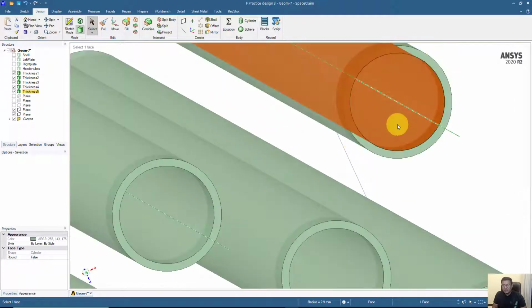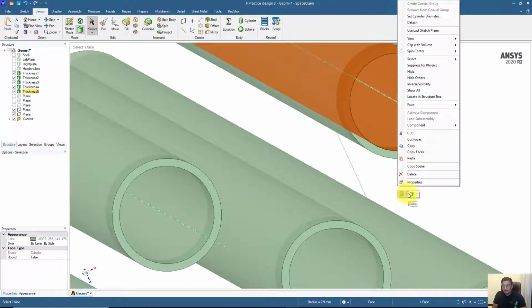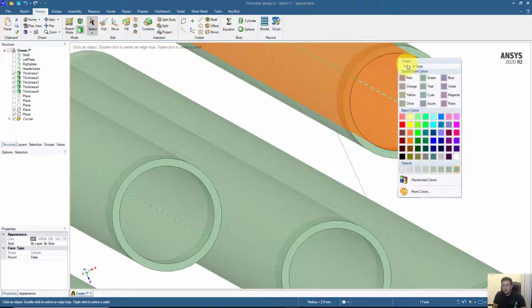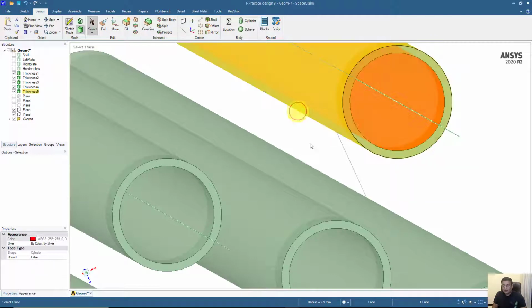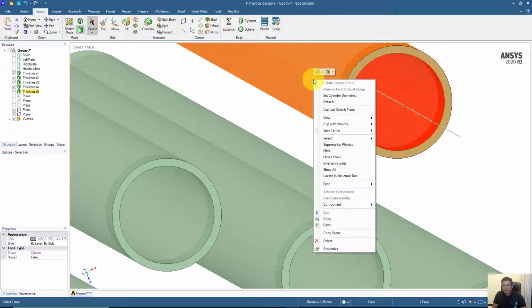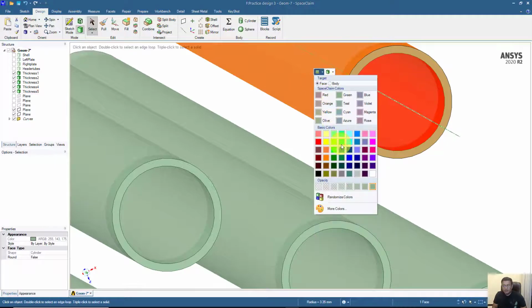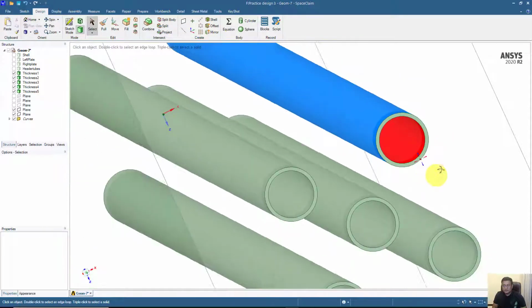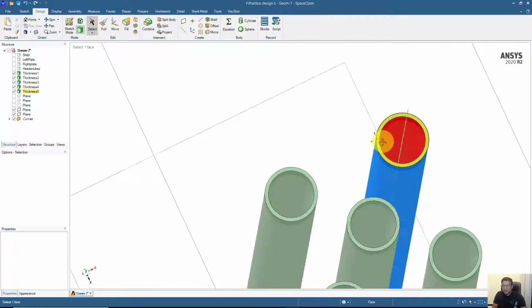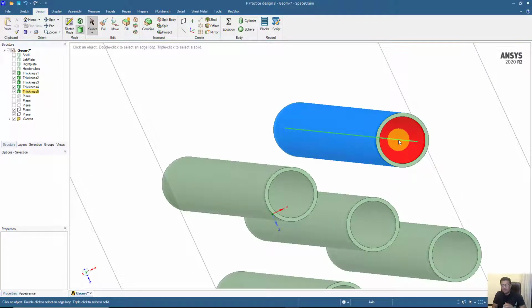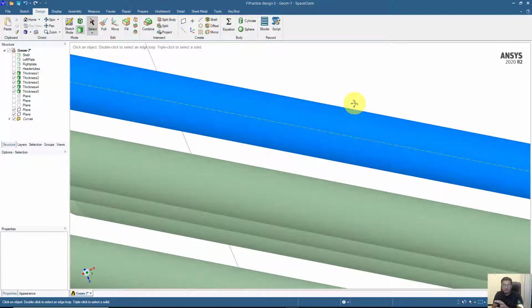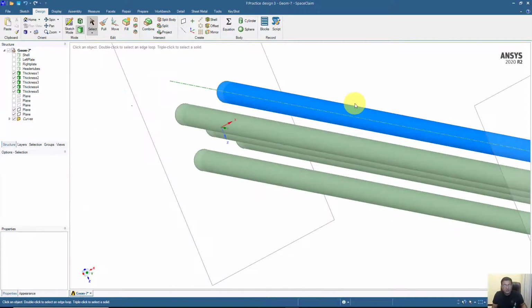This is inside, and if I change the color of this part, let's say to red, and the outer side to a different color, let's say blue. So this red color will be the interface part with the tube, and this blue color will be the interface with the shell side.